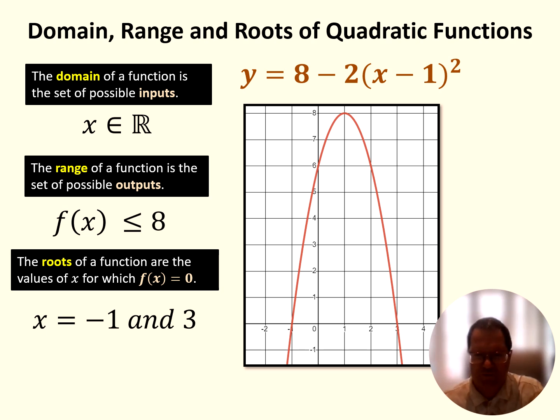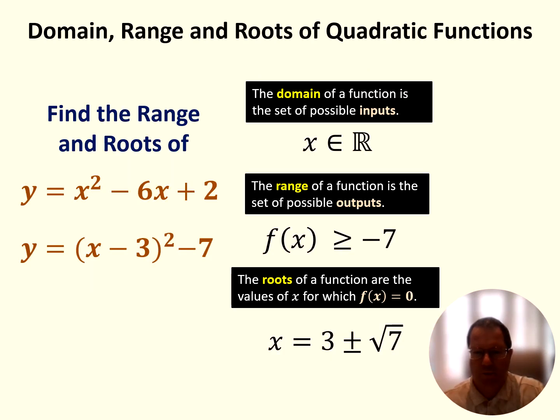And of course, just to remind you, all these domains are all real numbers, because all inputs are possible. You won't always have the graph to get the information from, so let's imagine we're asked to find the range and roots of y equals x squared minus 6x plus 2. Well, the domain is all real numbers, we won't ask for that, but that's always going to be the case for a